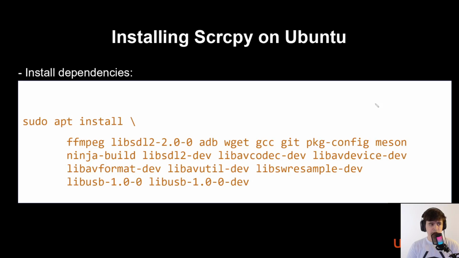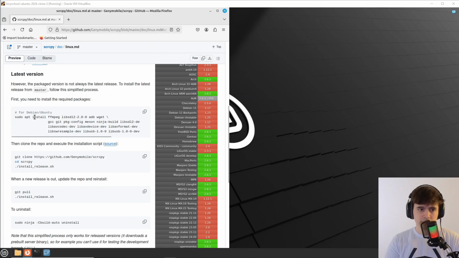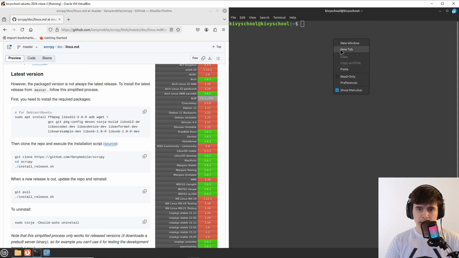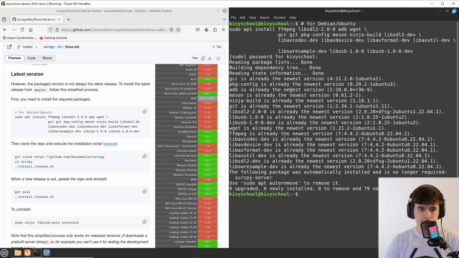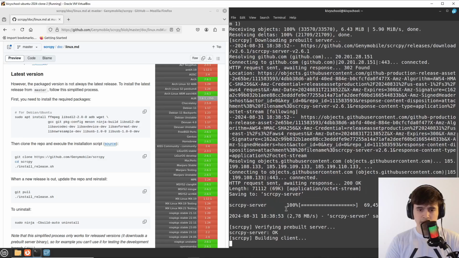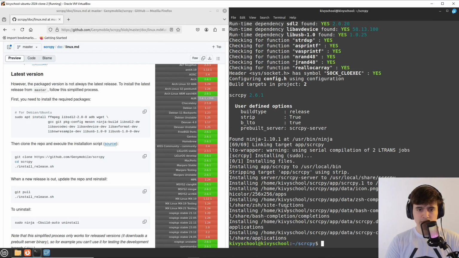These instructions are, first you install the dependencies, and after this you clone the Scrcpy repository and install using a script. It's super easy. Come on, let's go. Copy this, okay, click to copy, open your terminal, put it on the right, then paste the command. Once it finishes, click on the next command and paste. It's going to clone Scrcpy. It's going to enter the directory. And after this, it's going to build Scrcpy.